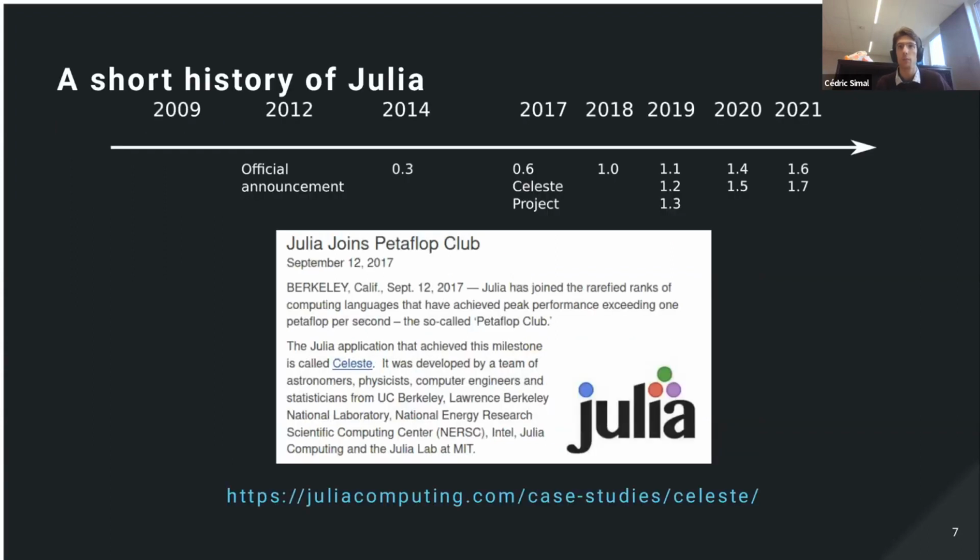in a paper. To give you a brief history of Julia, it's not complete because I haven't included this year, but you can see that the official announcement was in 2012, and then maybe not much happened until 2017, where it was only at version 0.6, so still quite in its infancy,